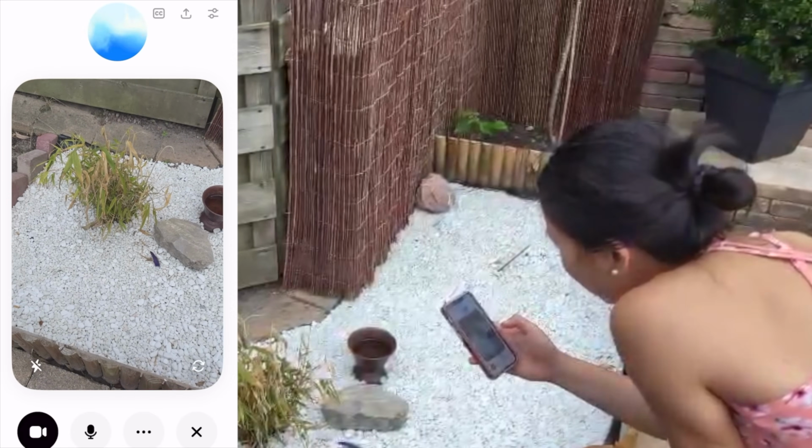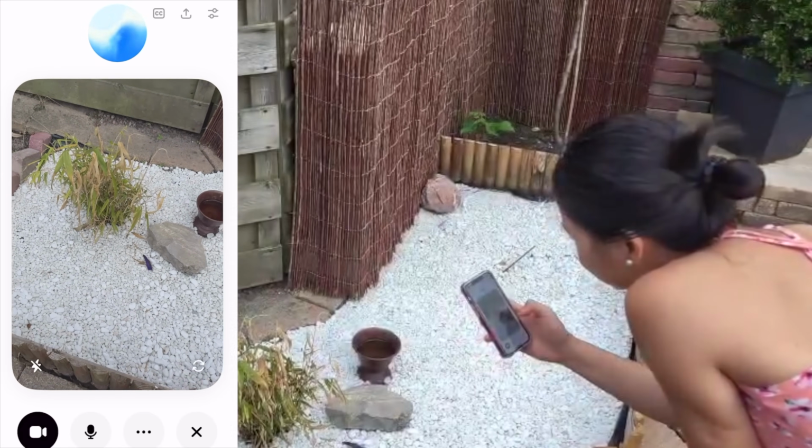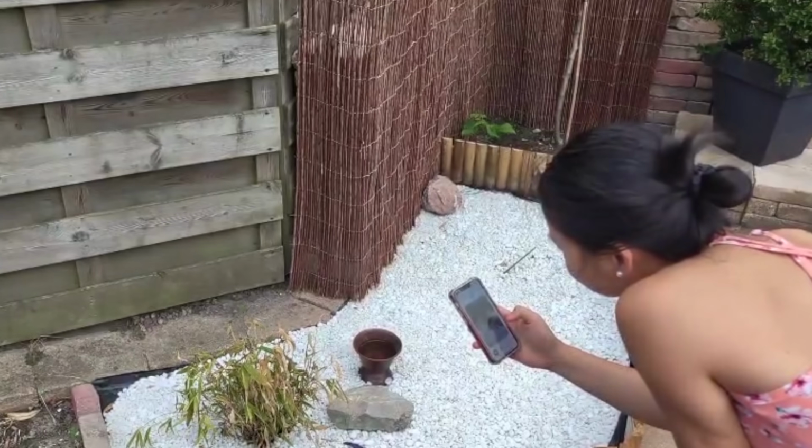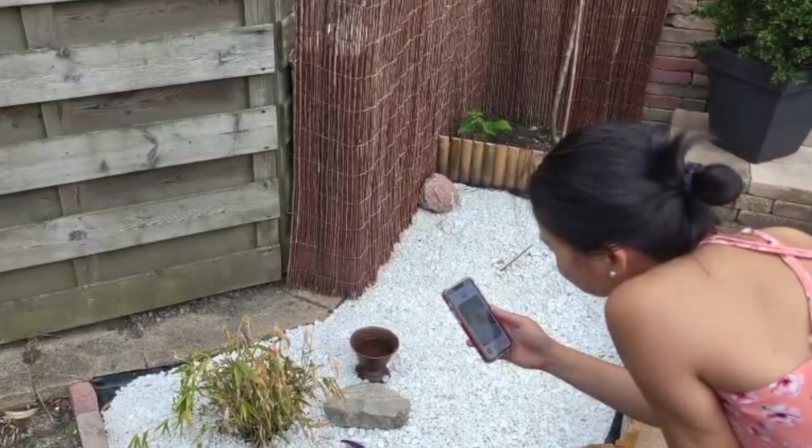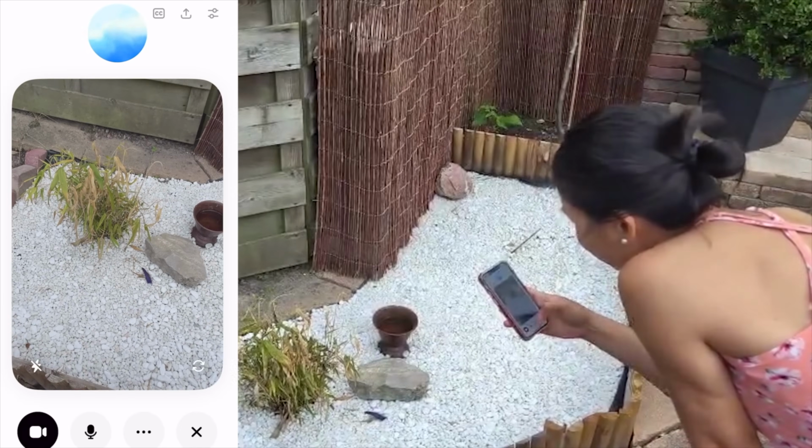Can you tell me why my bamboo plant is turning yellow? Oh, I see what you mean. Yeah, the leaves are definitely turning yellow. Usually that can happen if it's either